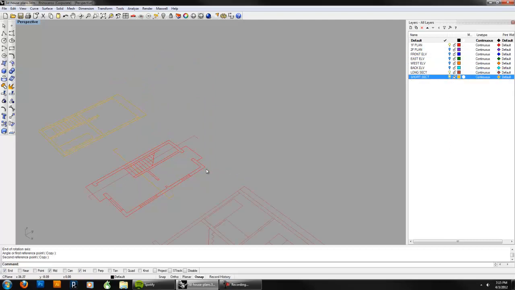So if I go ahead, I'm going to take this layer here, and I'm actually going to lock this. Lock, lock. That makes it so I can snap to it, but I can't select it, and that's very important. Okay, so by locking and turning things off and on, I can kind of clarify things for myself. Okay, so these windows are this window, so I'm going to go ahead and rotate,